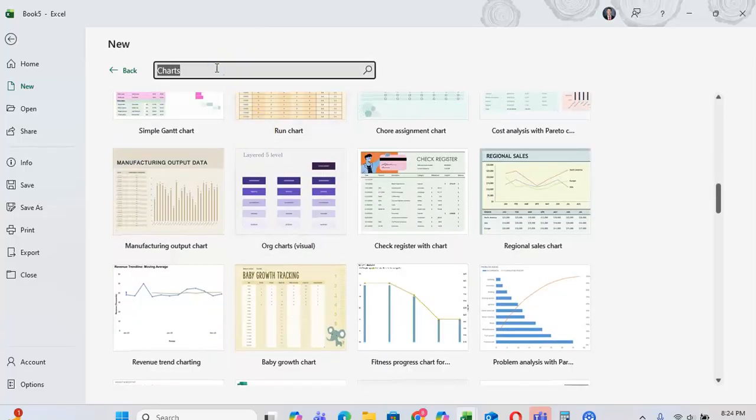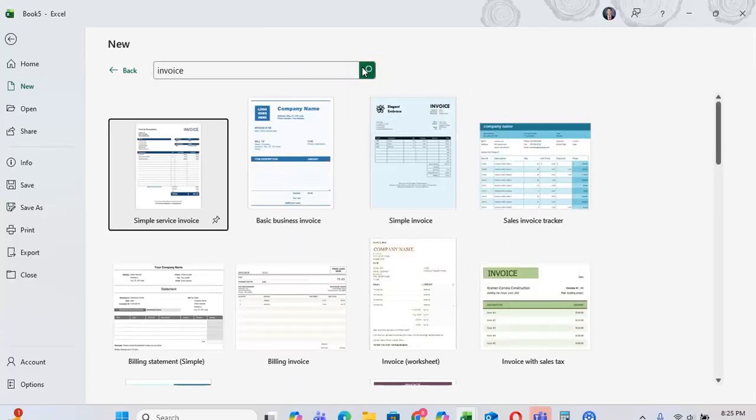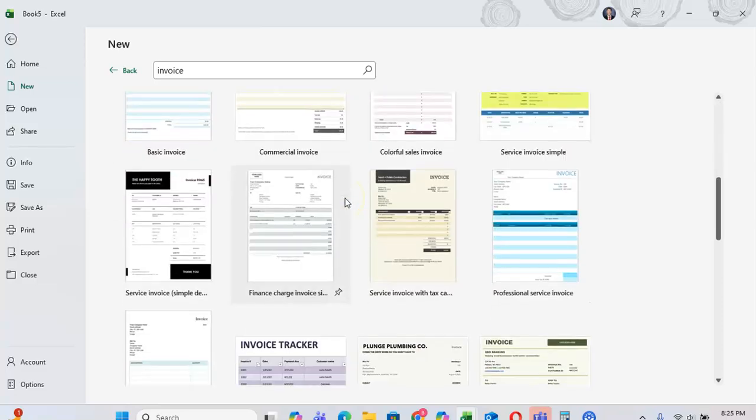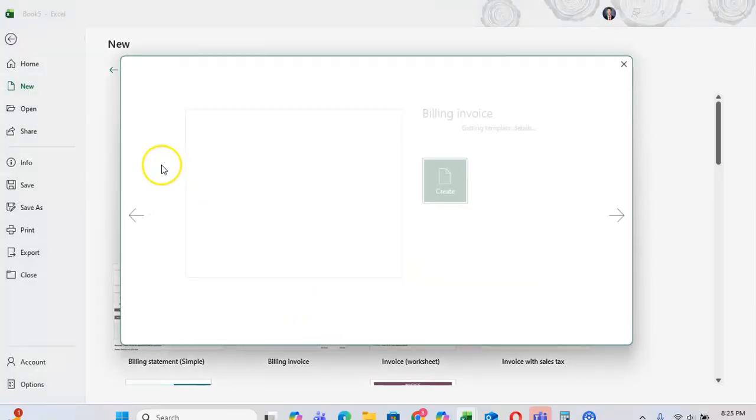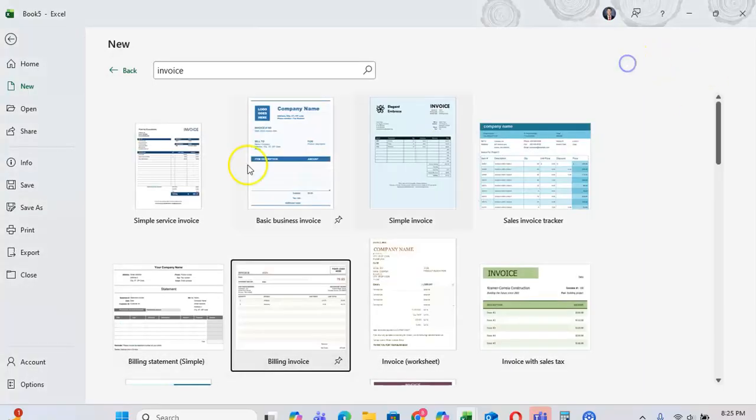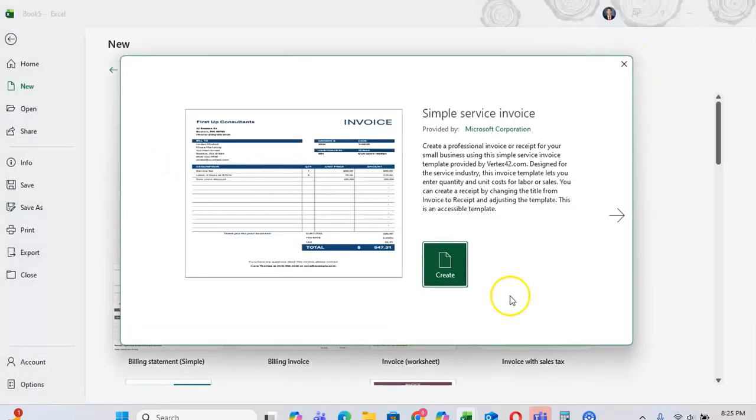I can go through and type invoice, click search, and then here you can see there are different invoice options available. In this example, I'm just going to click on Simple Service Invoice, click on Create,